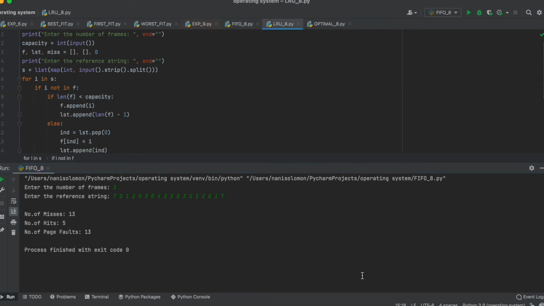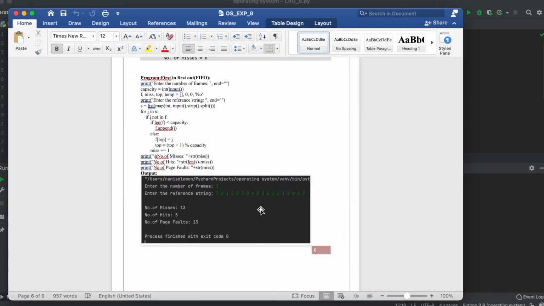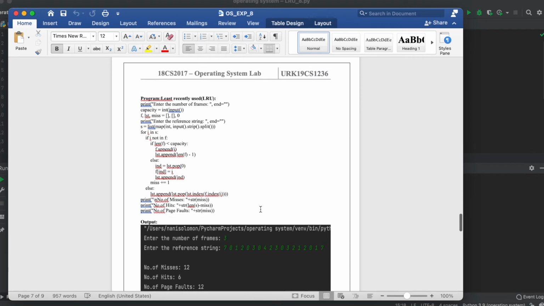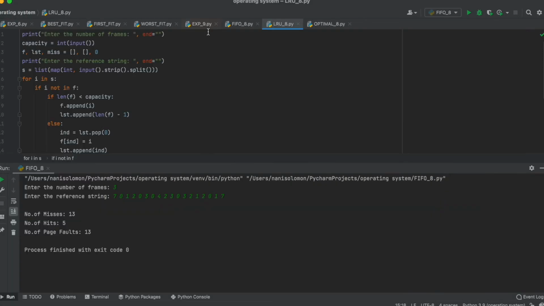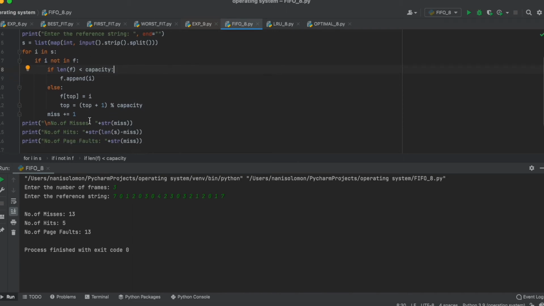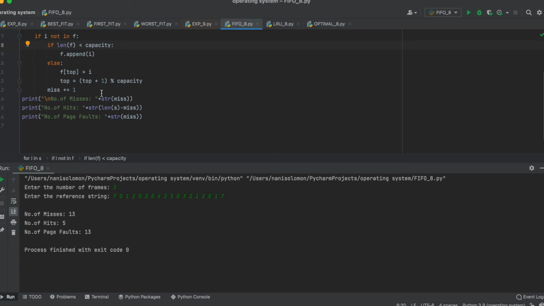So next let's go to the next code, that is LRU, least recently used. Whatever is used recently will be taken. For that the code is almost similar. Here this will change.